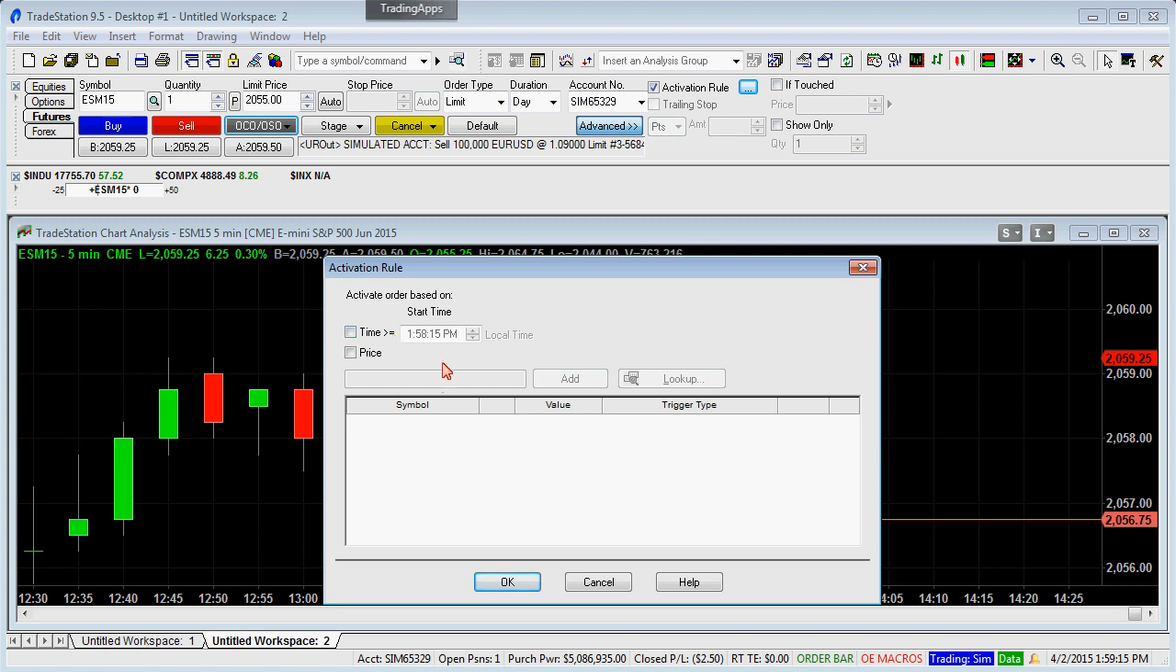So let's see how that works. I can come here and I can use my ESM 15. I can set it at time. I don't have the exact time when the market closes for the S&P E-mini, but I'm just going to send an order to close at, let's say, 3 p.m. So if I do 3